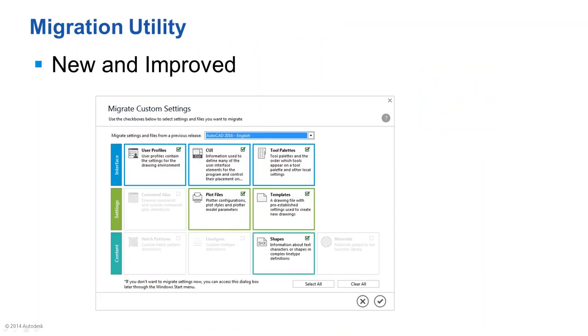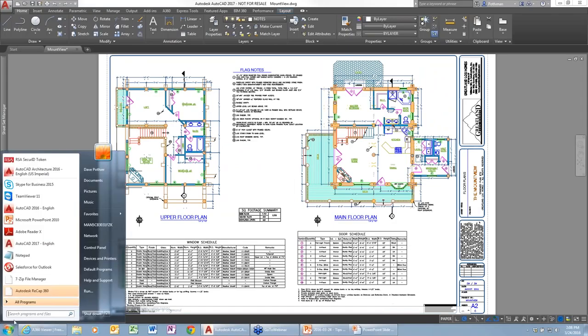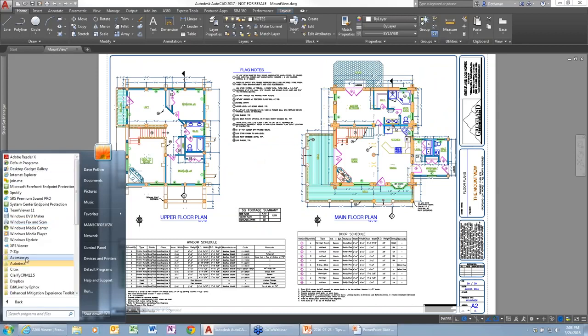Well, actually, probably the first new thing you're going to see is some of the migration utilities and the license management changes that are in AutoCAD. So one thing that you're going to see here, and I'm not going to run it because I already have AutoCAD running, and it can only run this with the AutoCAD not running. But if you go to All Programs, Autodesk